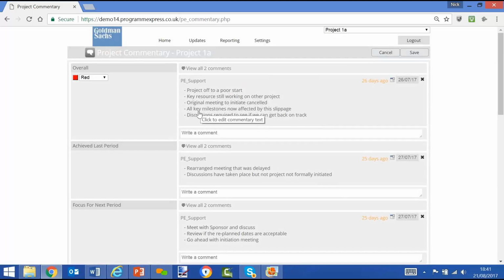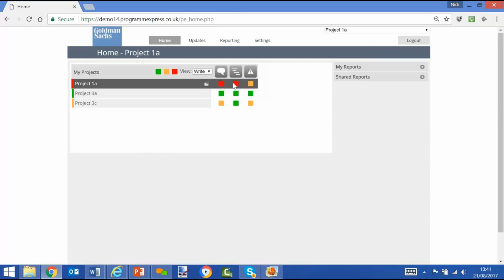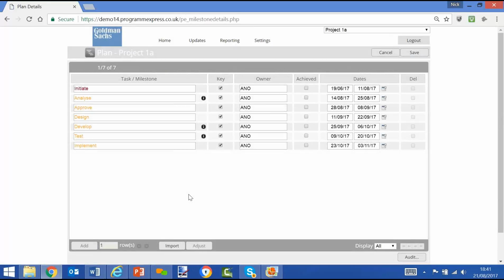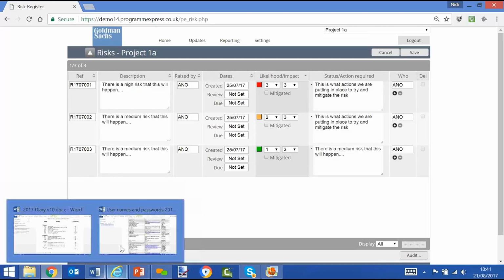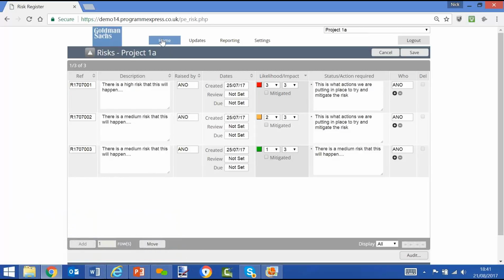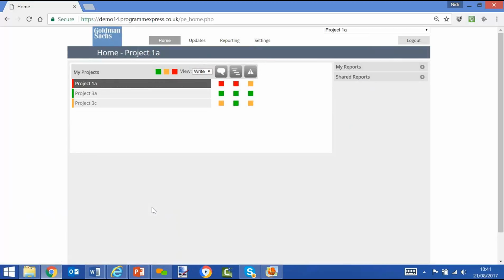update the commentary, the latest status in terms of the overall, the achieved, the focused for next period. We go back to home, update the plan. Any changes to the plan, or update the risks. Once that user has updated those three elements, because that is what is required, they could then, if they wanted